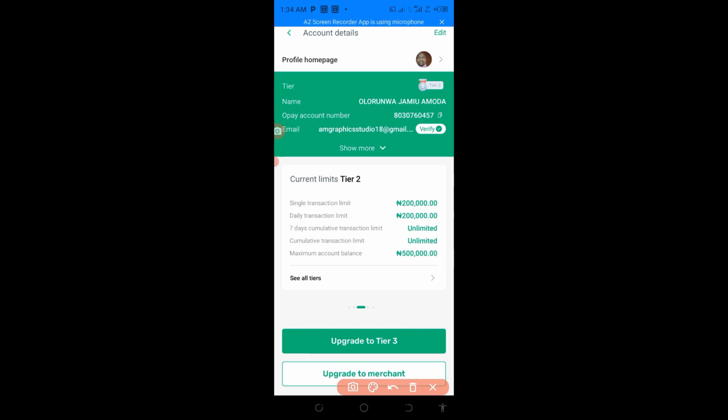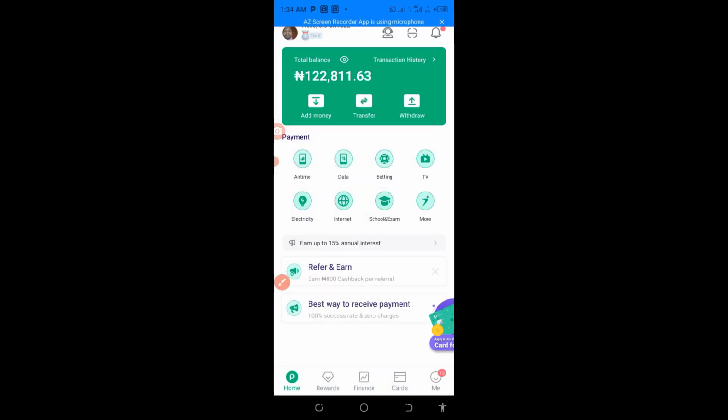Aside from that, let me go back again. You just need your NIN, simple, to verify. After your account is verified, how can you make money with this app? Okay, this Opay. First thing here, let me first show you gradually. Do you see this reward? Coming down to the reward here,